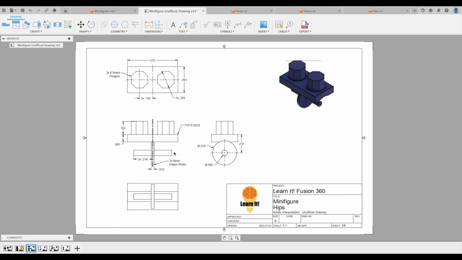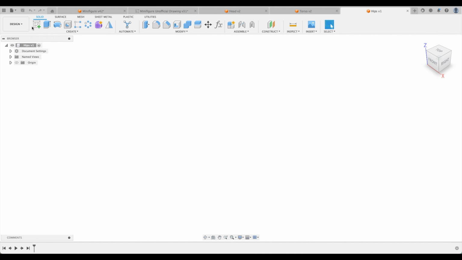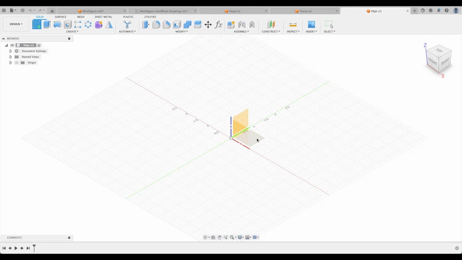So let's just break this part apart and talk about the basic elements. I would start off with the rectangle shape over here. It's 0.57 by 0.295 by 0.085 tall. So let's try and remember that: 0.57, 0.295, 0.085. We're going to create a sketch on our XY plane,